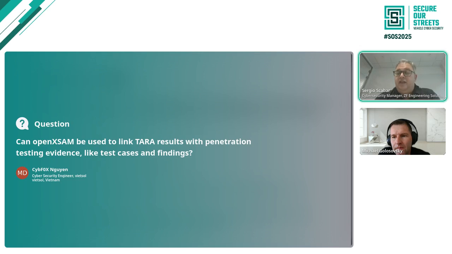I'm working in a working group with ASRG on the new format of the openXSAM, or the RDX, and one of the use cases is sharing results with testing guys to create test cases. We are considering this for the new version, but I don't believe it can be directly used. You can take out pieces of the data, like the cybersecurity goals and cybersecurity controls, and make a link to the test cases for penetration test, but it's not directly linked.